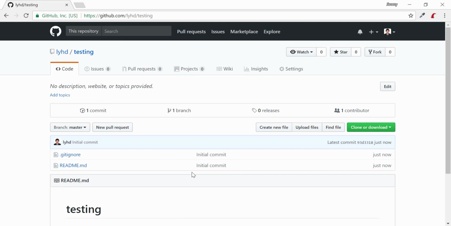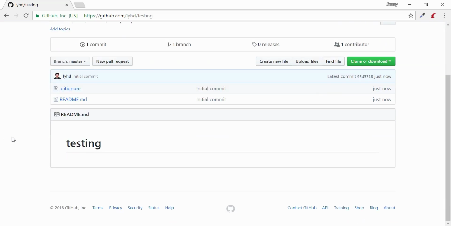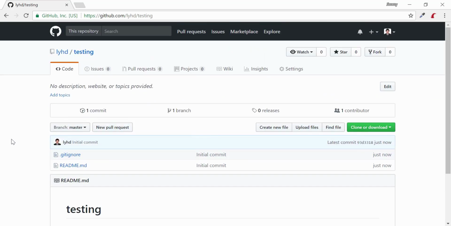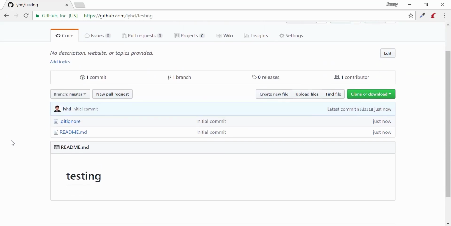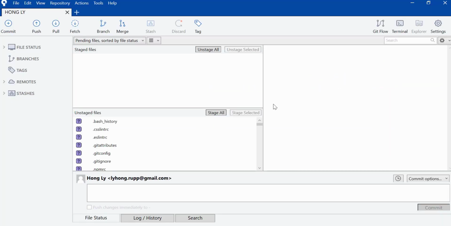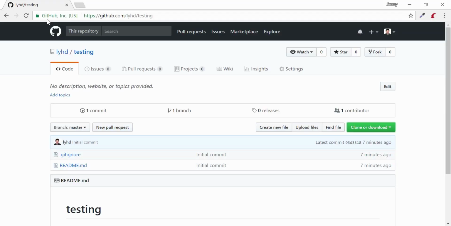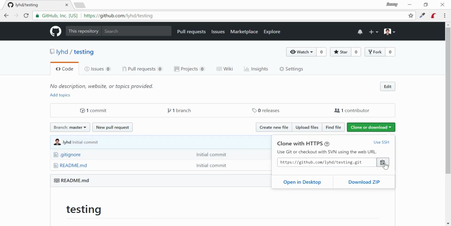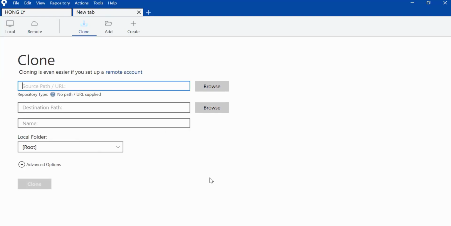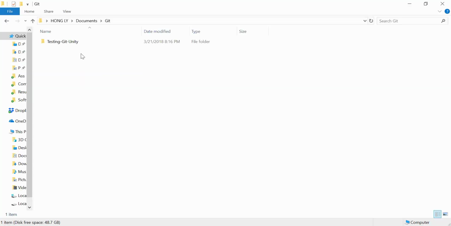Okay, so here I already created the testing one with the Unity projects. Now what you can do, just go back to SourceTree. This is the main interface of SourceTree software. Now you need to go to File, Clone, New, and then put a link here. Go back to your GitHub, and inside this project, click on Clone and Download, and then click copy the link here. Go back here, just paste it, and for the destination, the folder that you stored projects,